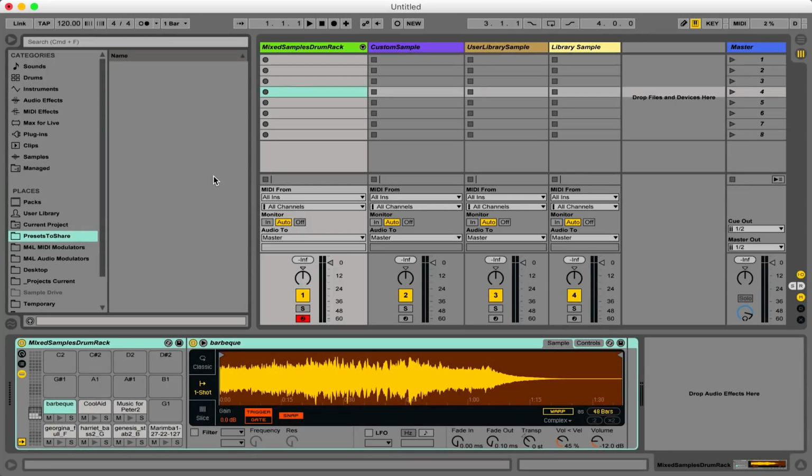When exporting a sampled instrument, we must be very careful to include all of the audio samples as well as the preset file in the pack that we send to our collaborators. First, drag the instrument to a folder outside of your current project. This will create a new Live project for this preset and all of its associated files.